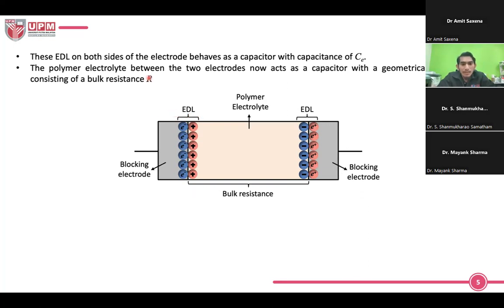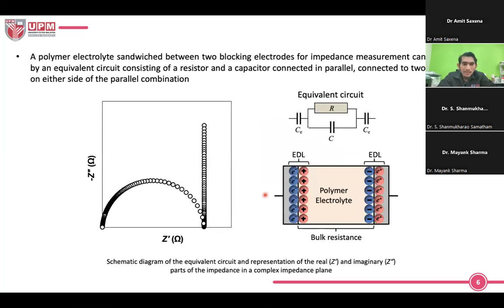And the polymer electrolyte between the two electrodes now acts as a capacitor with a geometrical capacitance C, because we have one side of negative anions and one side of cations. So this electrolyte will form a geometric capacitance, which we denote as C, and it also has a bulk resistance. Therefore, we can